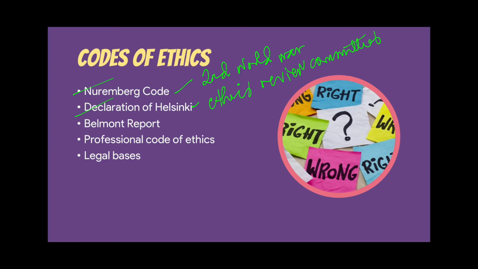So what are ethics review committees? Ethics review committees are a set of people or members that are established within an institution wherein a research is going to be conducted, or the institution where the researchers conducting the research are found. And what they do is review the researcher's protocol in doing the research and talk about what are the possible ethical